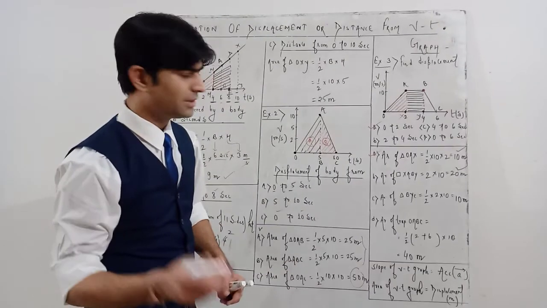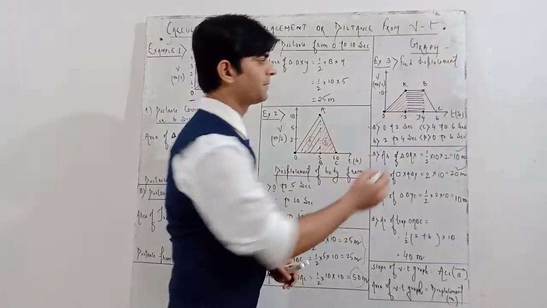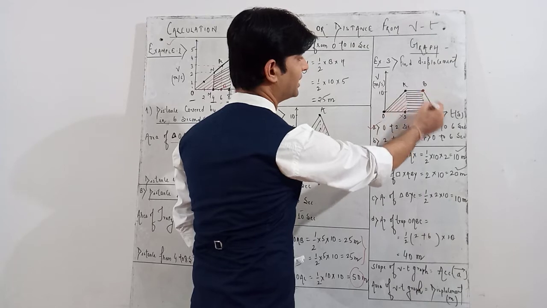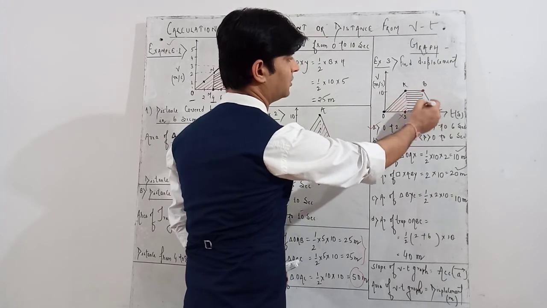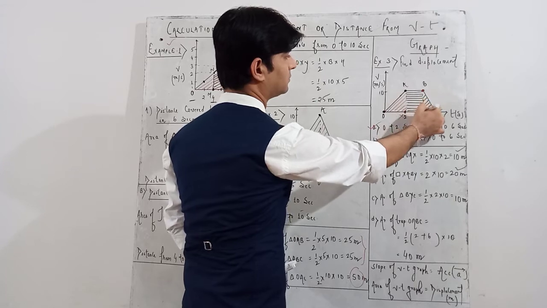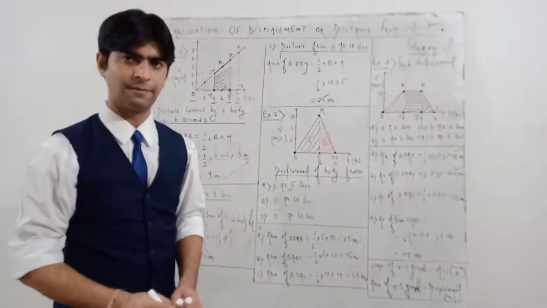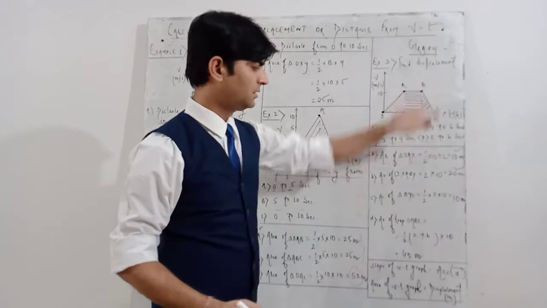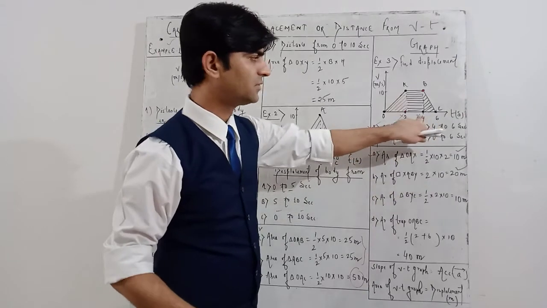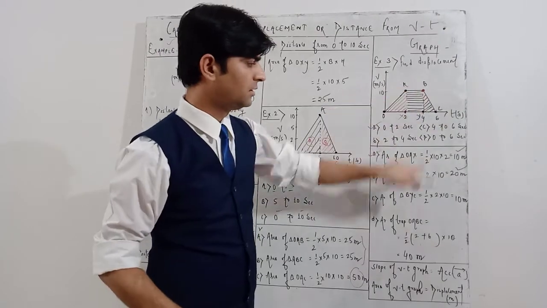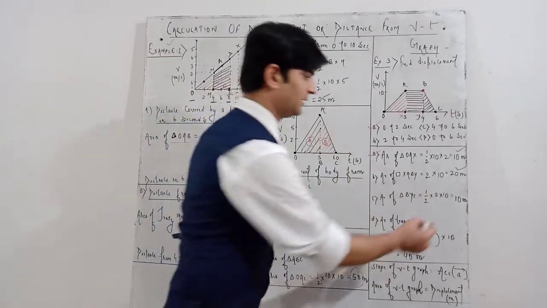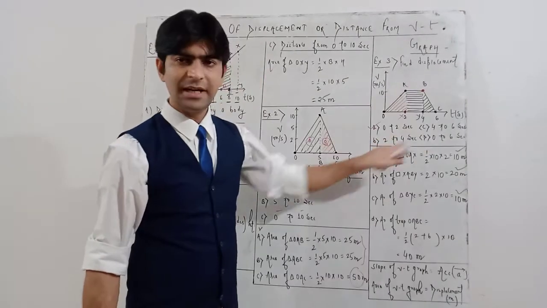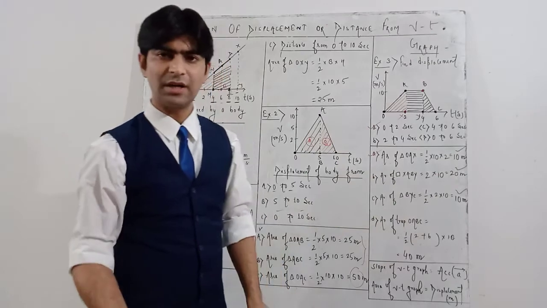Now the last part is 4 to 6 seconds. So 4 to 6 seconds, this portion, which portion are you getting? This last portion, BC, is the graph. If you shade this part, you get a triangle for the last part. Again, half of triangle BYC: half of base, again 2, that is 4 to 6, and height is 10. So half of 2 into 10, again 10 meters. That means if you sum up all these three areas, for the complete graph you get 10 plus 20 plus 10, which is 40 meters.